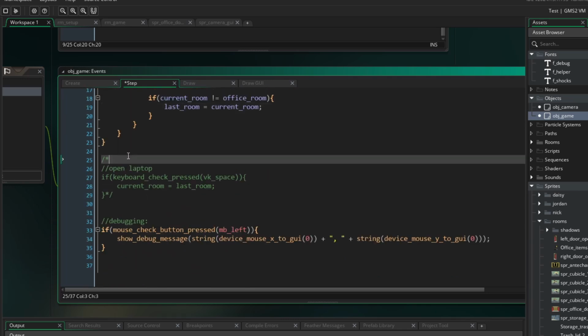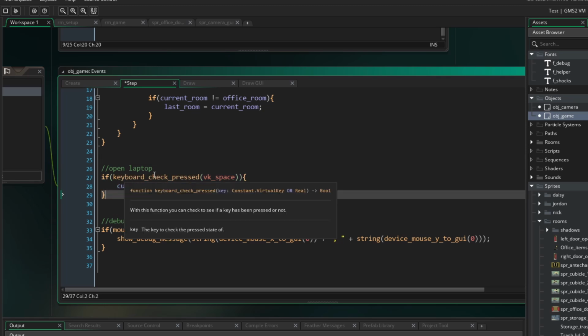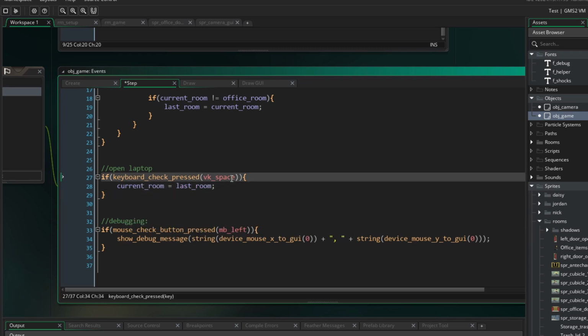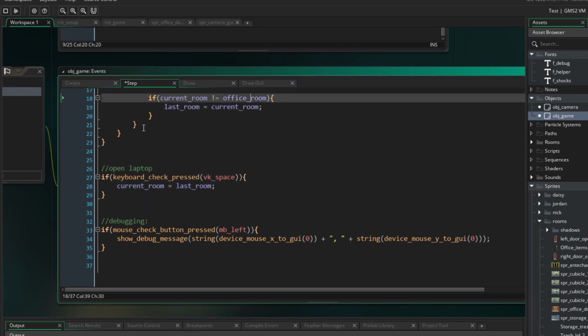And then let's add some open laptop functionality. So if keyboard check pressed, so if we have just pressed the spacebar, then our current room is equal to the last room. So if we just press this, we're going to go back to the last room we were looking at that wasn't the office. So if we save and run,